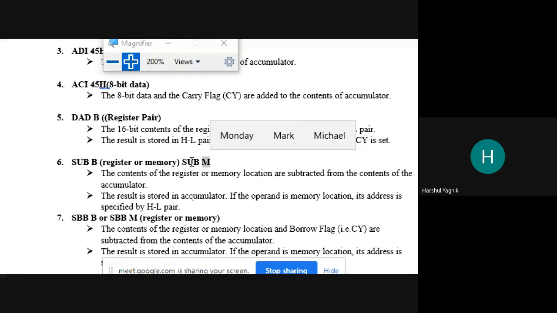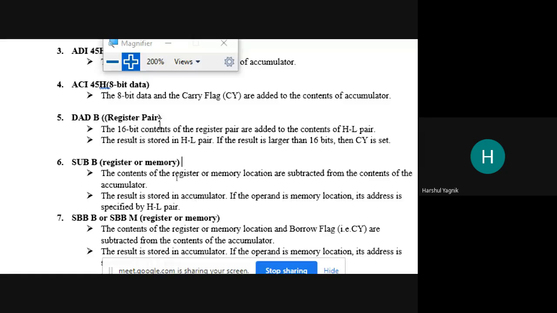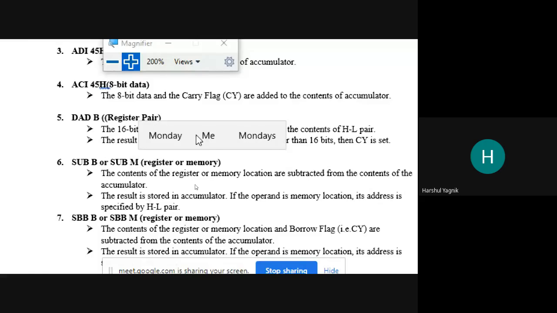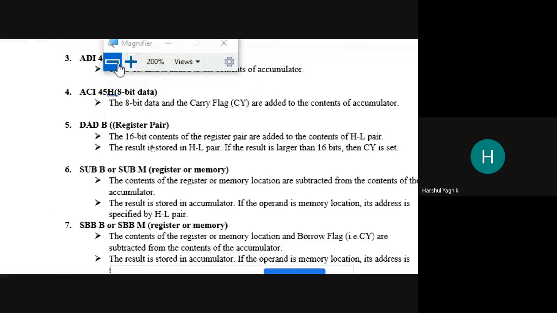Is that clear? For other registers, we have to use the register name only. Is that clear, students? Yes, sir.